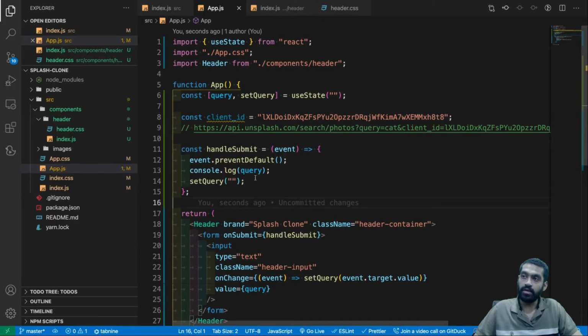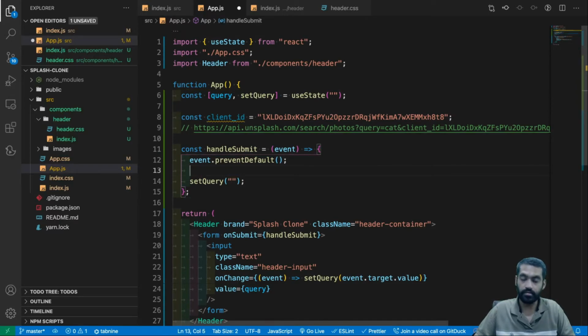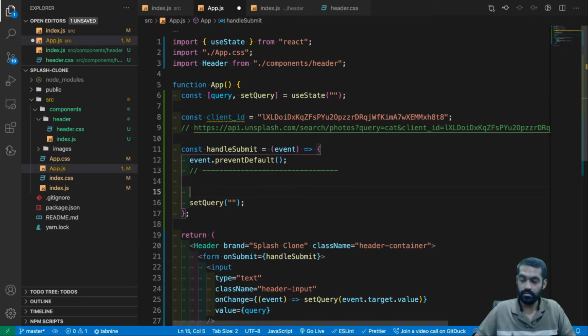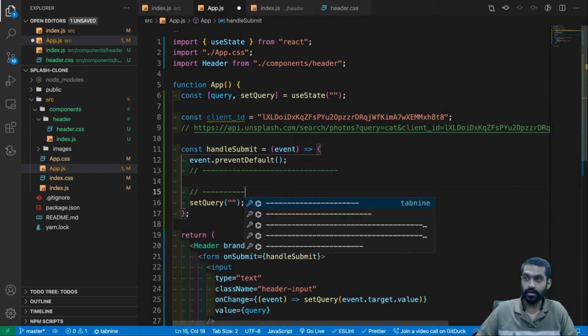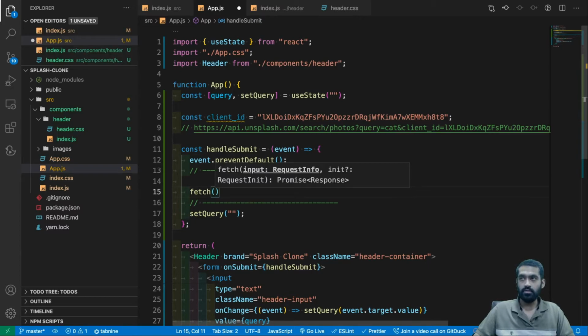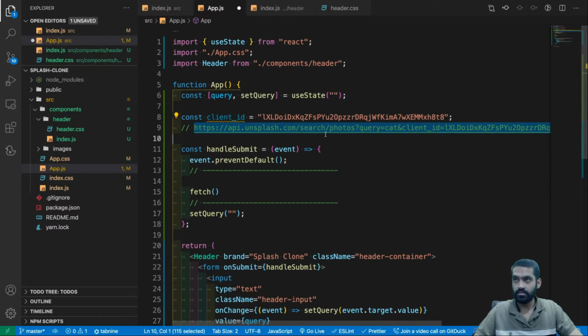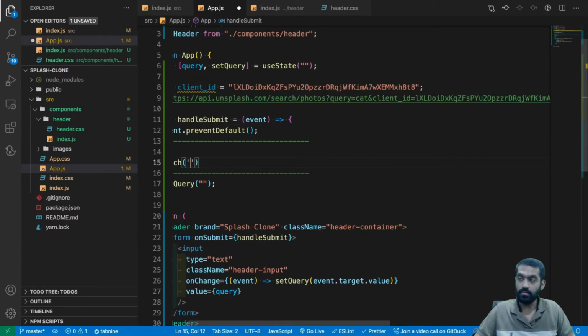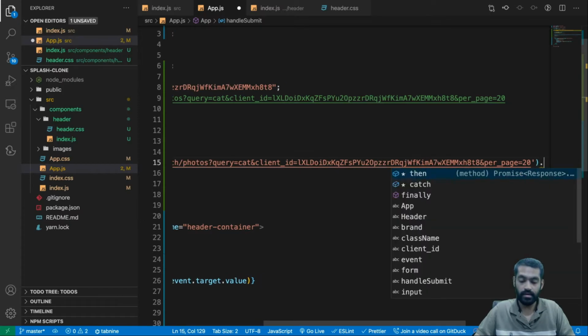So now what we can do is, on submit, between this and this line, we can add our API code here, right? So to make an API request, what we can do is fetch. We have to fetch this whole thing, right? Let's just fetch this URL first, right? Let's do a fetch of this, and